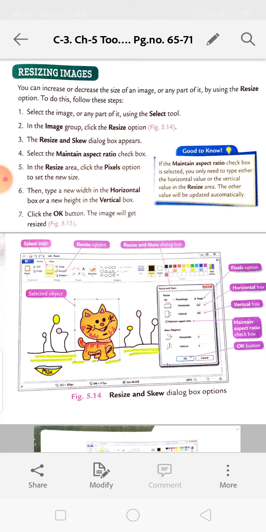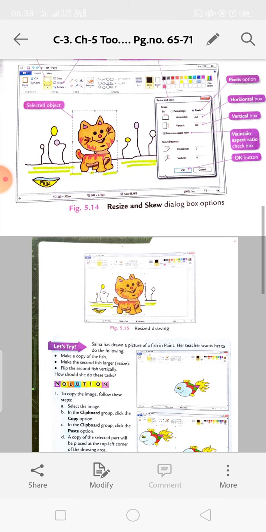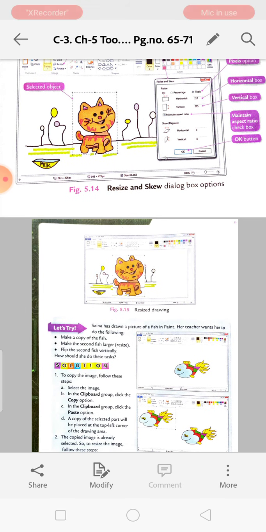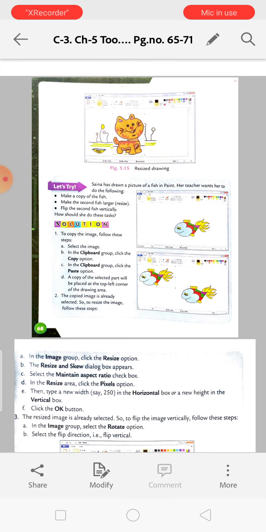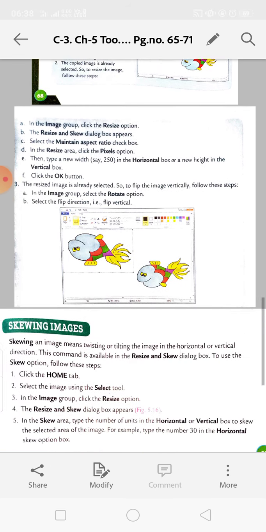If you want to make it bigger in width, you have to choose the horizontal box, and if you want to change the height, it is vertical. Okay, click the OK button. Now you will get the resize option. You will read these boxes by yourself.